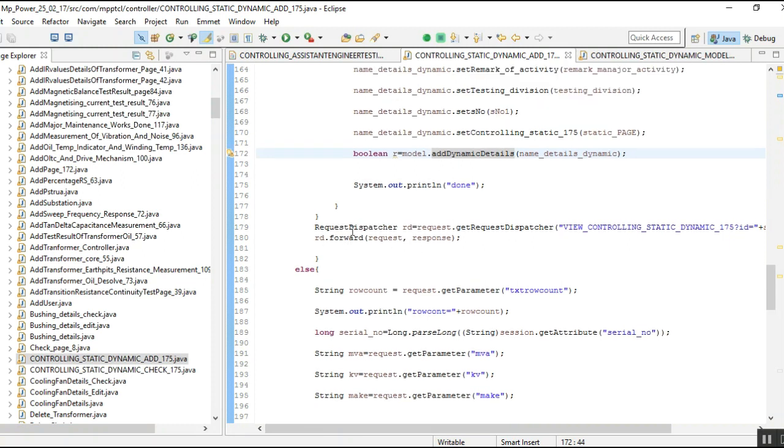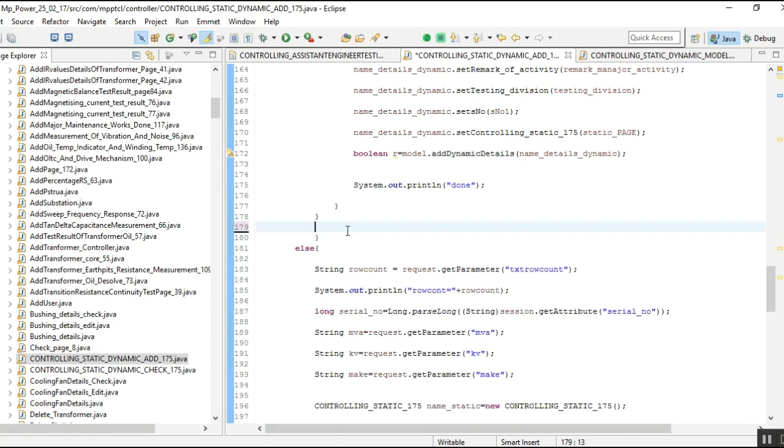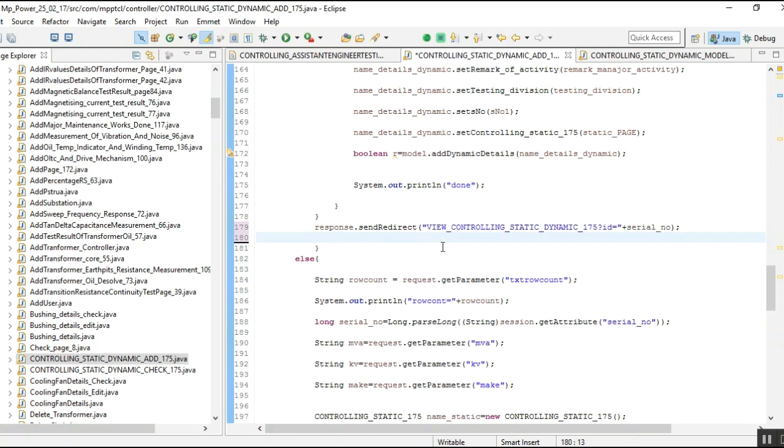So the problem is with the request dispatcher. Basically, the request dispatcher passes the control to another servlet or JSP and does not even tell the client browser. But in this case, if you just remove this particular thing and add response.sendRedirect and then pass the particular link, then the problem is solved. Send redirect not only stops further processing, but also sends a 301 status code to the client browser, so that there will be no form resubmission.